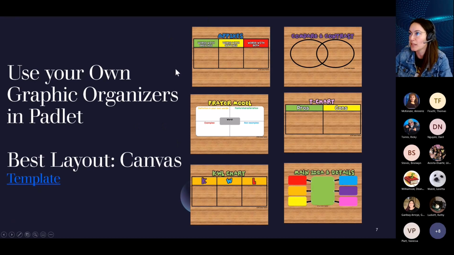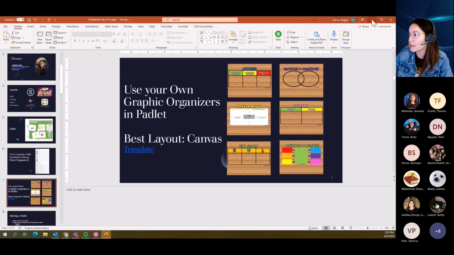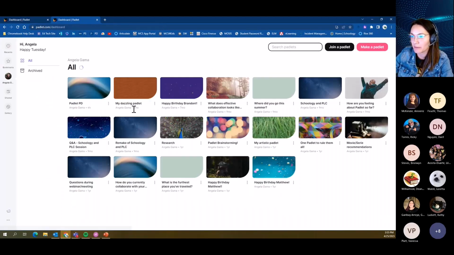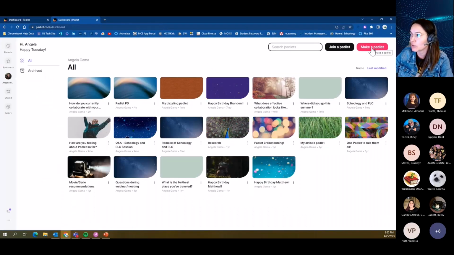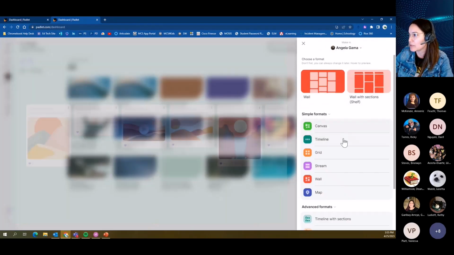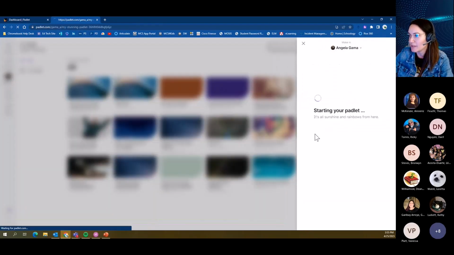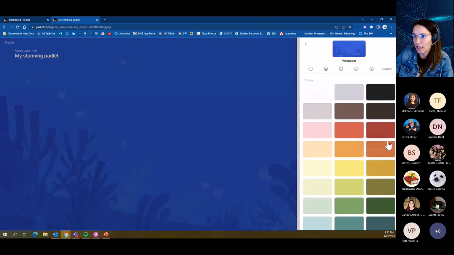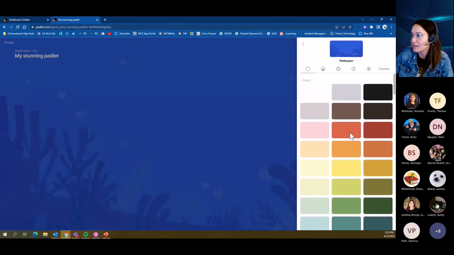So to add a custom wallpaper to your Padlet, I'm just going to go in and create a new Padlet from scratch here. I'm going to go and create a Padlet. I'm going to do the canvas because I'm going to do the custom background. And here in the menu on the right-hand side, I can go to wallpaper, and Padlet has a bunch of